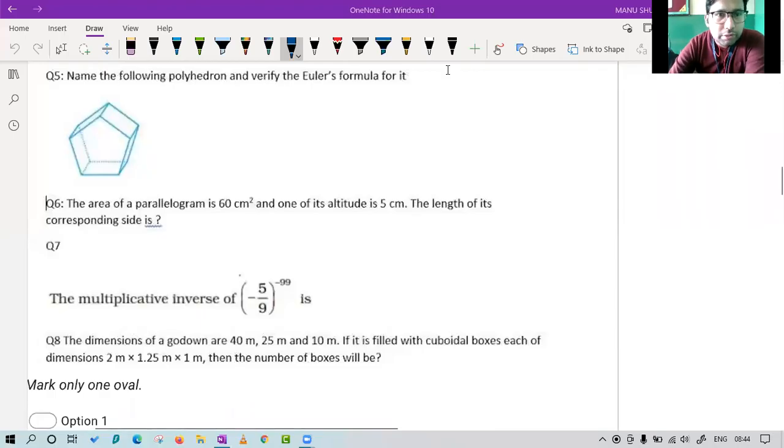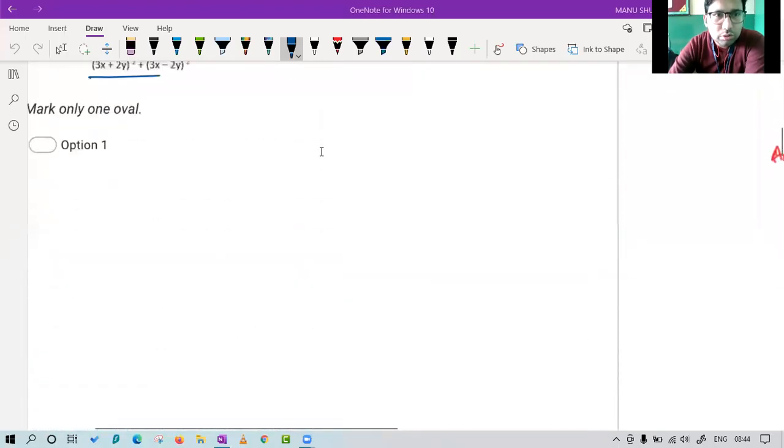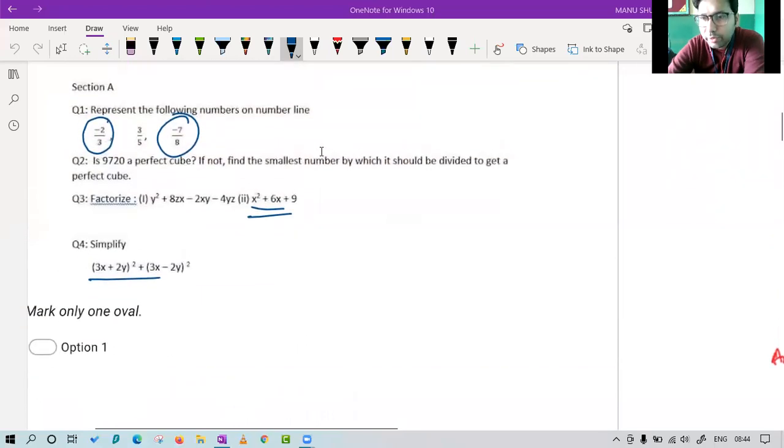So, good morning, everyone. In the last class, we have discussed till question number 4, where we have simplified the